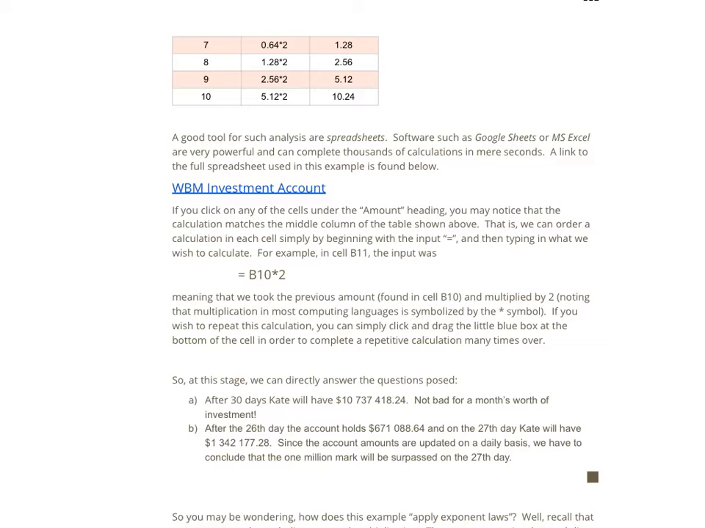If we were to continue this spreadsheet, and this is something you can try at home if you'd like, or at the end of class when we have a little more time, we can do that, okay? So if we did this for 30 days, working from 10 and continuing for another 20, Kate will have $10 million,